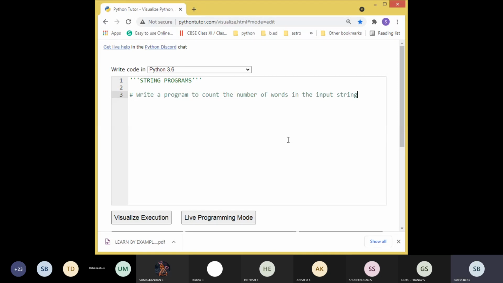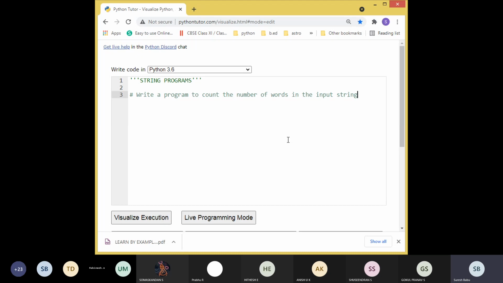Now our program is we have to process that input string and display the number of words in that particular string. Words means everyone knows. Whenever it sees the space, it will count that before the space will be a word. Like that it will count. So we have one function to split string into words.